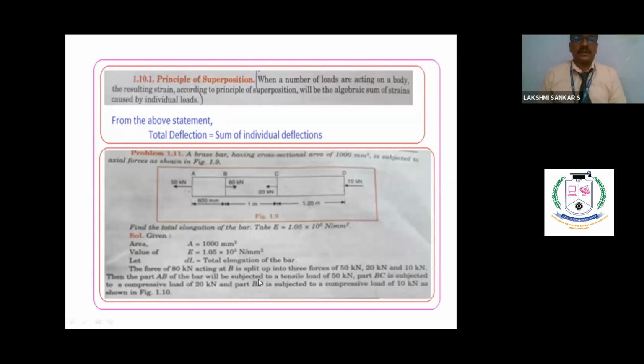What is extension? Extension is nothing but the sum of individual deflections. So the first individual deflection is P L1 by A1 E1, then P2 L2 by A2 E2, P3 L3 by A3 E3, something like that. E is same for all the material, so E is taken out, P is same and common, taken out. L1, L2, L3 are substituted, and the total extension is calculated to be 0.183 mm, which is in linear unit.